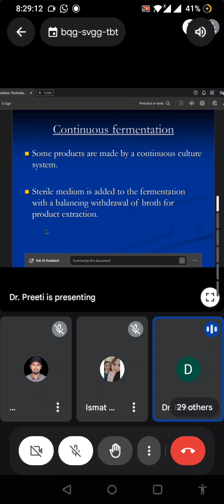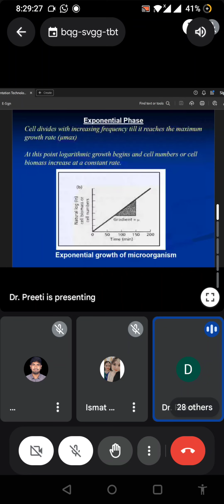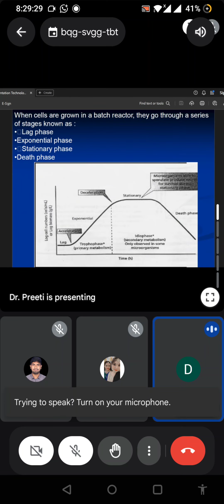And in continuous fermentation, you're adding some sterile media etc, and also withdrawing the balanced amount of broth for product extraction. Extraction ও চলছে, production ও চলছে।